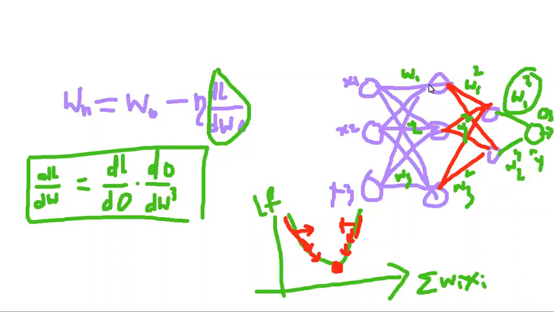what happens if you use the sigmoid activation function here? Let us assume I want to use the sigmoid activation function for the hidden layers. I want to use the sigmoid activation function to activate this neuron. So whenever you use the sigmoid activation function, if you perform derivative on the sigmoid activation function,